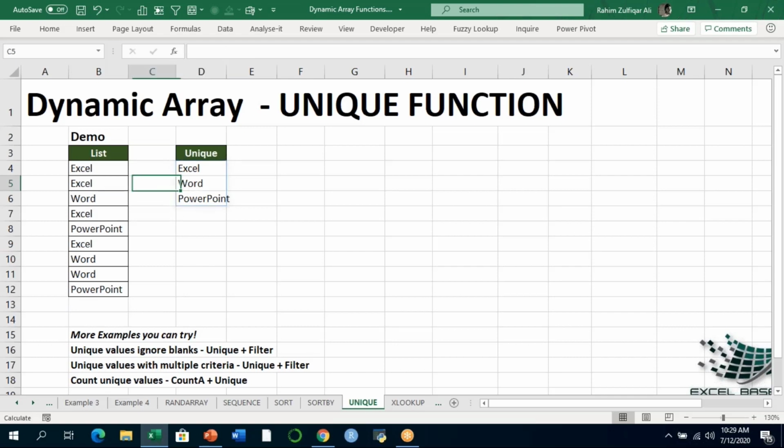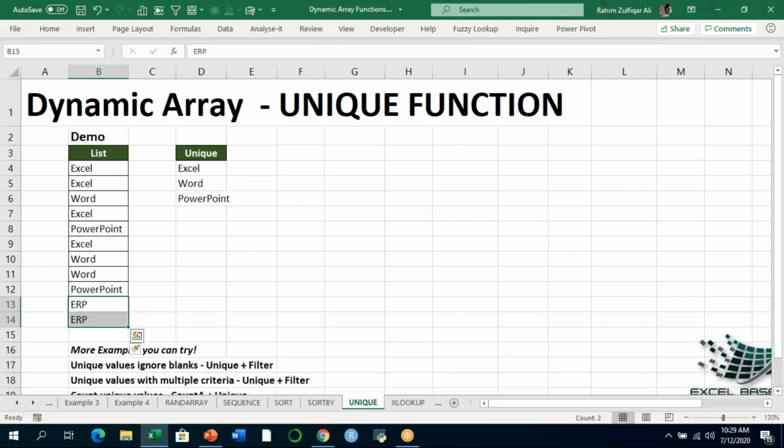Very simple. And later on, if anything repeats, for example, ERP. Now you can see that if I rename an entry as ERP as well, duplicating it, ERP has automatically been added to this list. Okay, if I undo it, let me tell you the next two function arguments and what they mean.